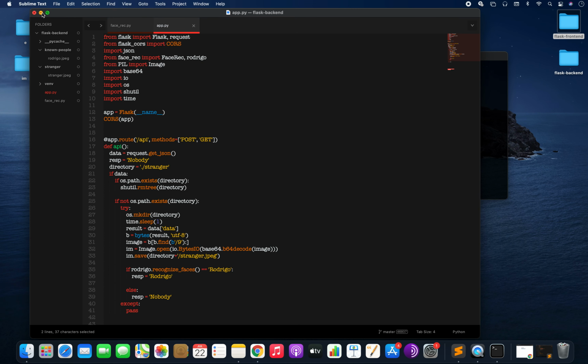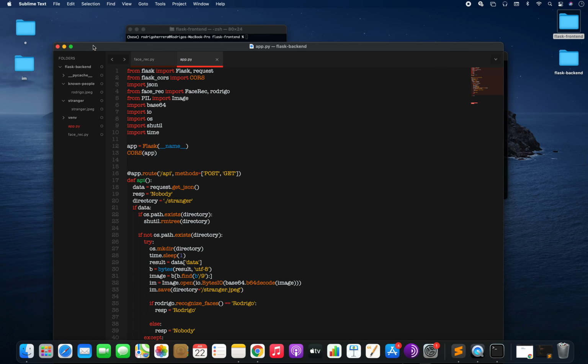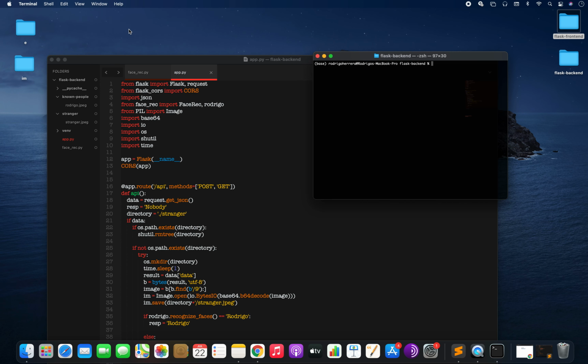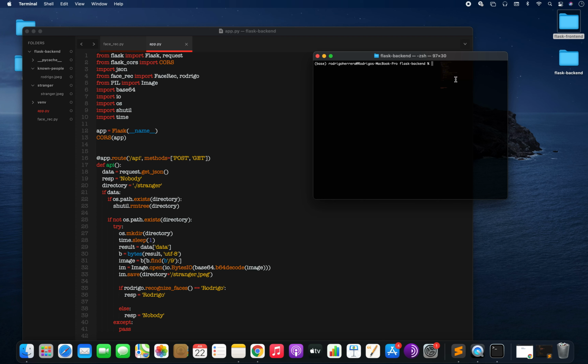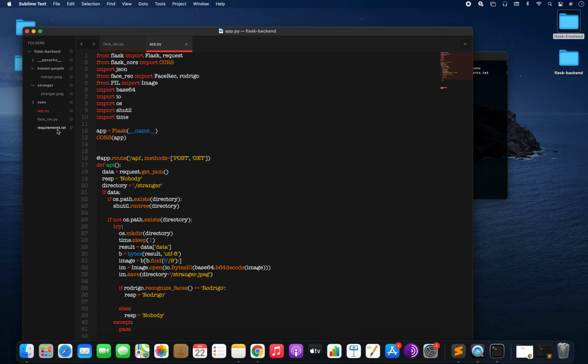So in order to deploy our backend in Heroku, the first thing we need to do is to create a requirements file. So in order to do that, you just put pip freeze > requirements.txt. And what this will do is create a